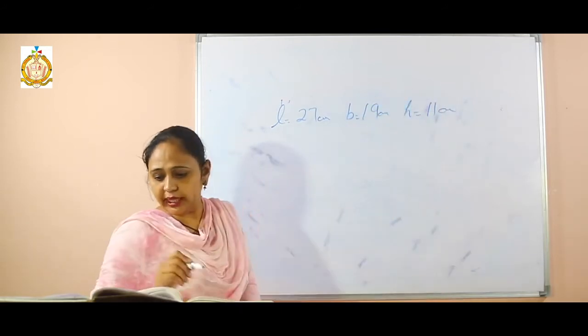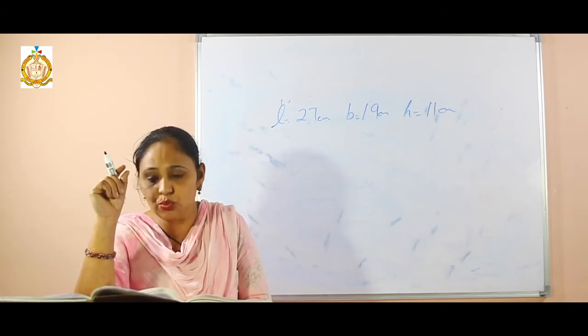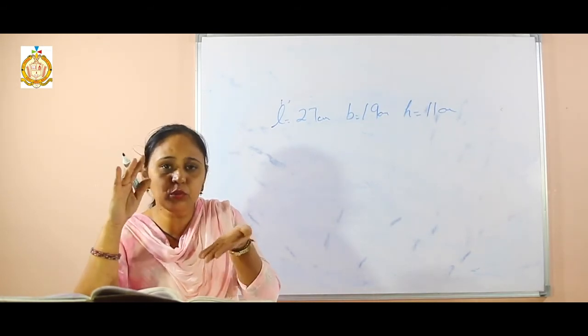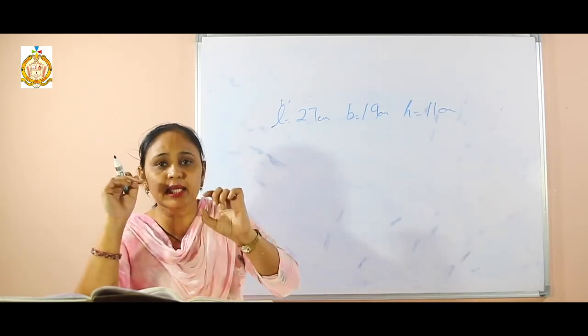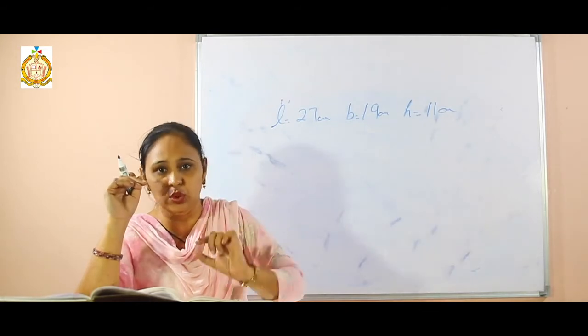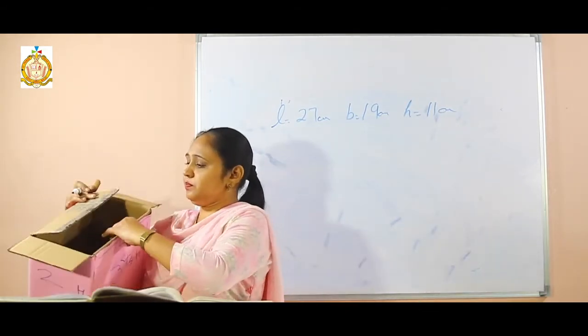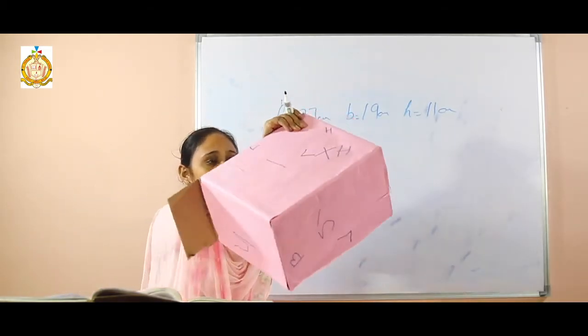Okay ji. Then we see the thickness of that box, that is 1.5. Now what is the meaning of thickness? There is a box, some board we have used, that is the thickness of the board. If I show you the same box like this one, see here,